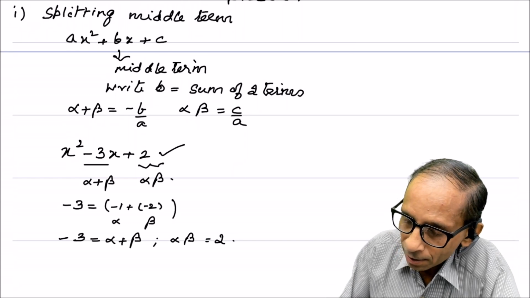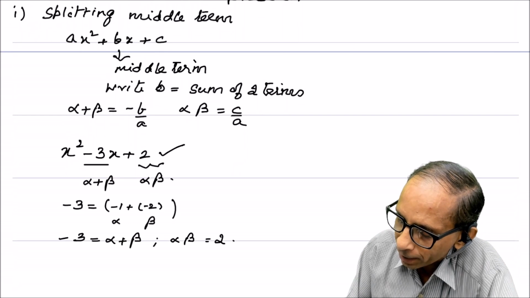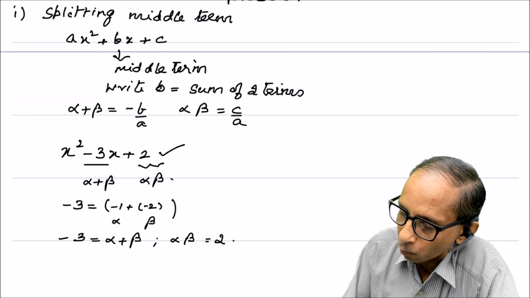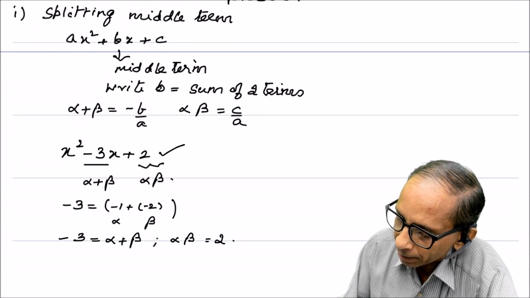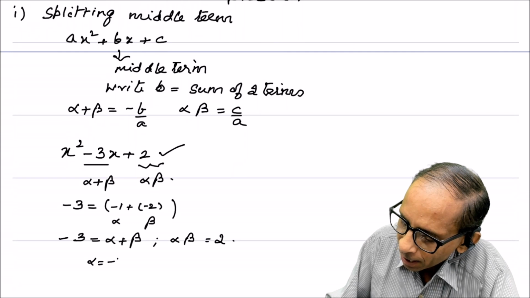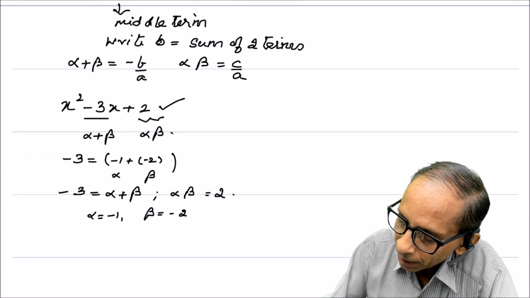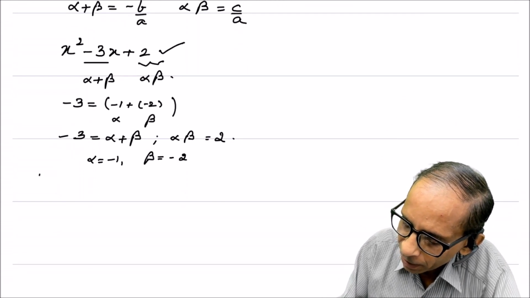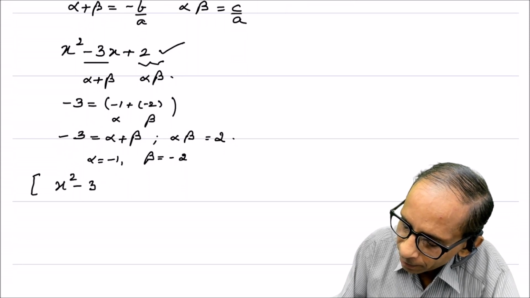So this is one of the ways of factorizing a quadratic polynomial, or finding the roots alpha and beta. And what we find by this way of splitting is alpha is minus 1, beta is minus 2. In fact, if we try to see whether these are actually the roots, then if we are considering this equation,